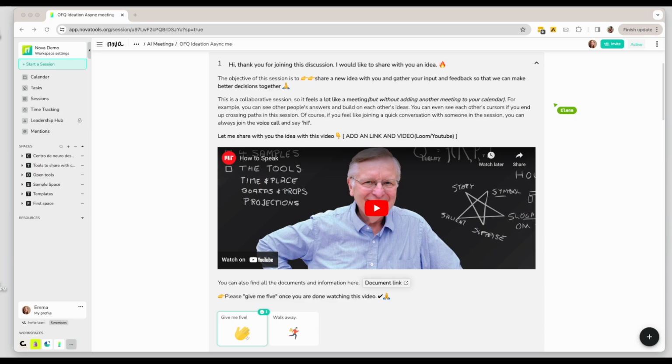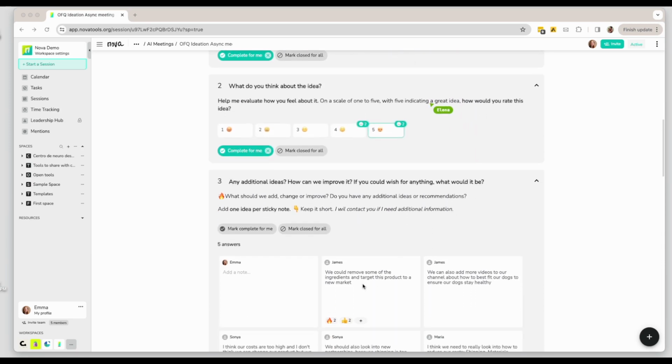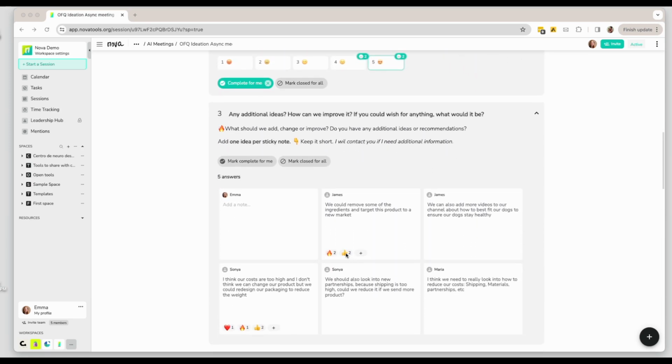Now, these asynchronous meetings often feel a lot like a meeting. They're organized in a way in which, if people participate in it at the same time, they will see each other. If they don't, they will still see each other's input and can even react to it. What is unique with asynchronous meetings, and that makes it be so effective, is that everyone tends to participate and